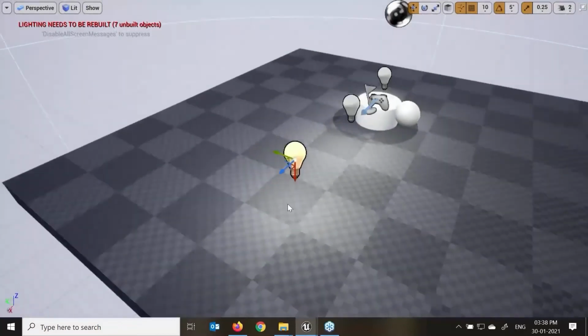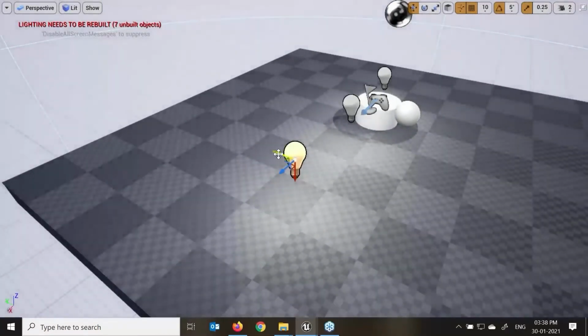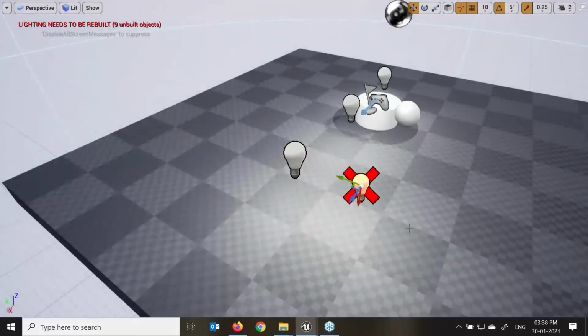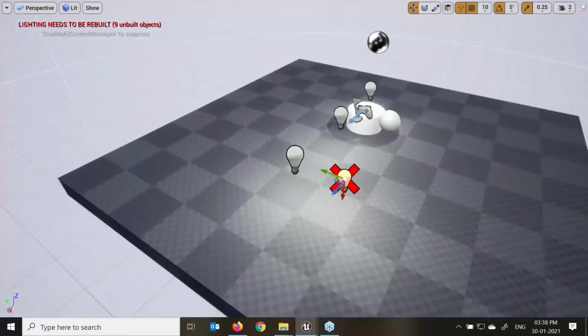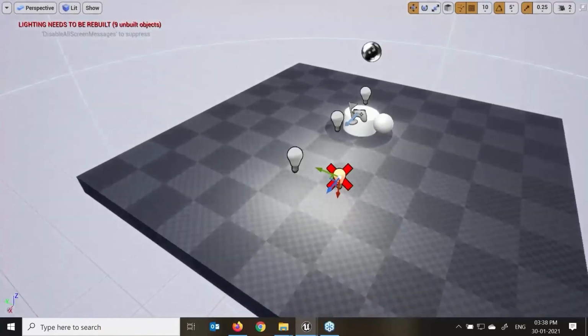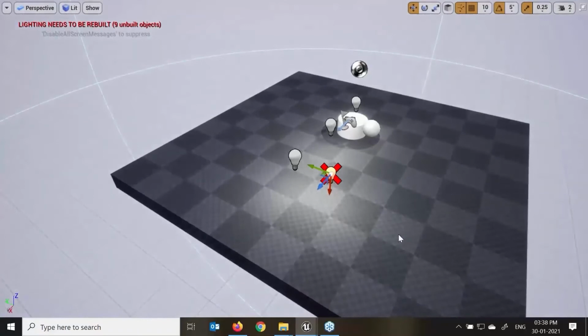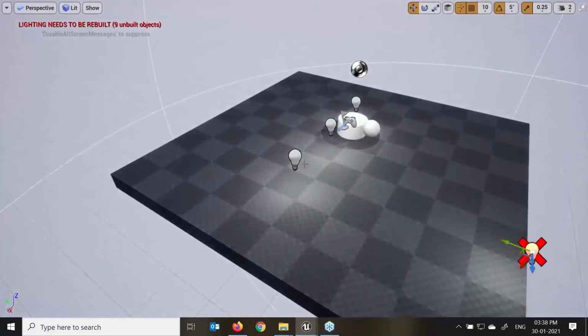Now if I press Alt and move my light, here you can see it's showing X marks. Why? Because there are some limitations in Unreal which we need to understand. We can create three lights in parallel together, but if I want to use this light, it has to come outside of my light radius.